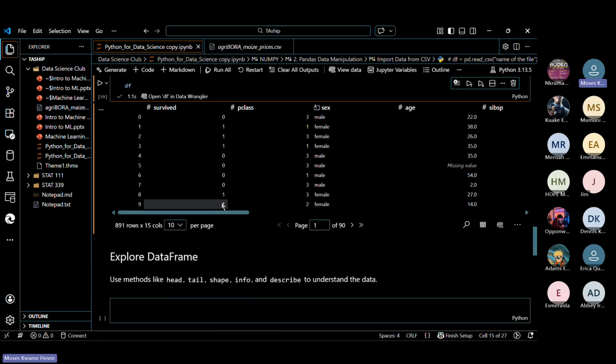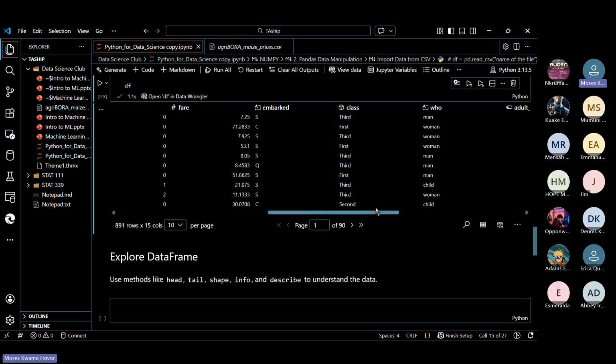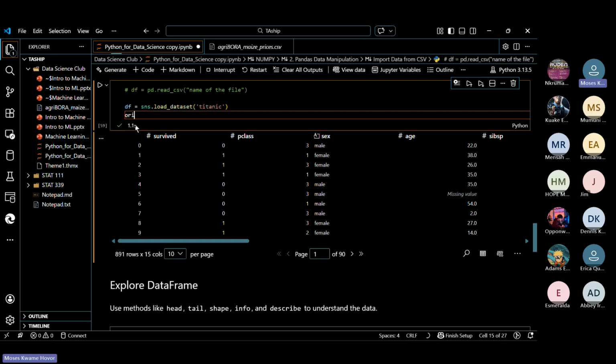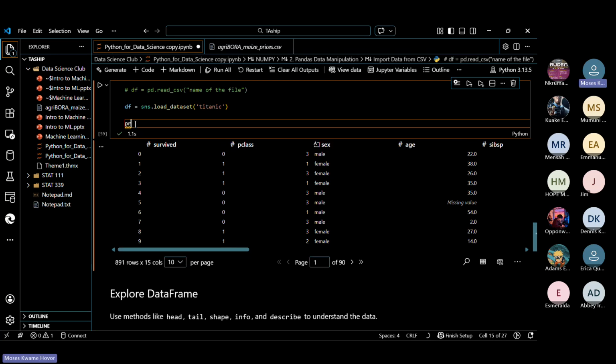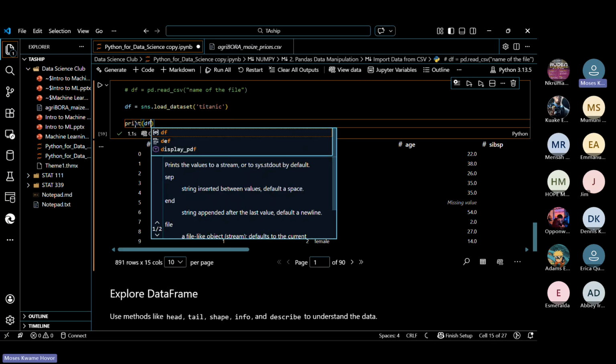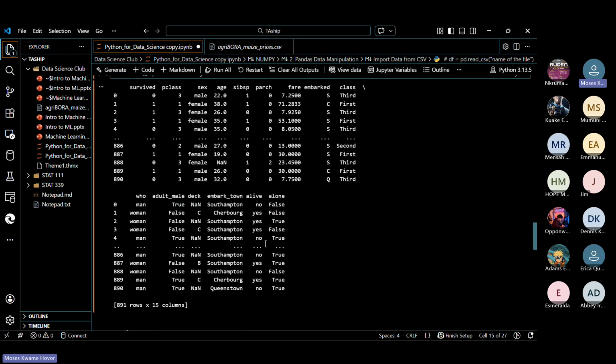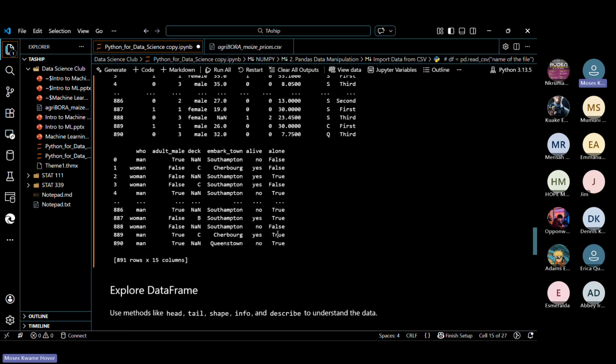So the first thing that we can do here is to display the rows already, just by typing print df. We get to see the entire data, okay? But assuming we want to see only maybe the first 5 rows, the last 5 rows, we want to see the shape. What's the dimension? Is it 2 by 1,000 or 1,000 by 1,000? We want to see the shape, okay? We can do certain things here as well.